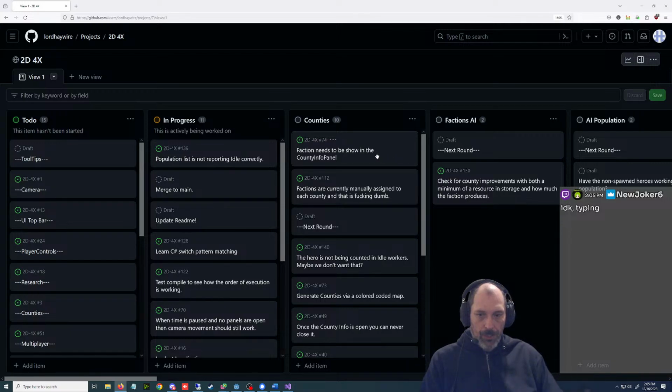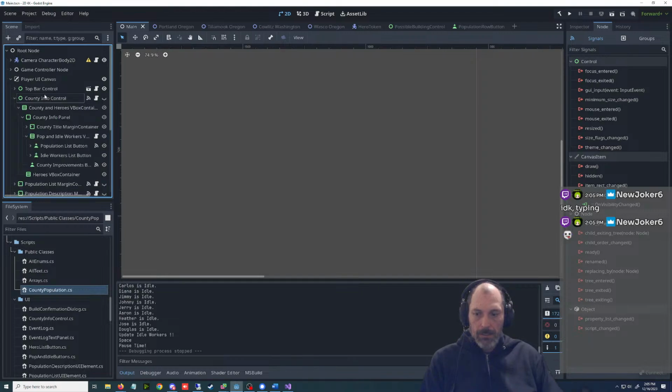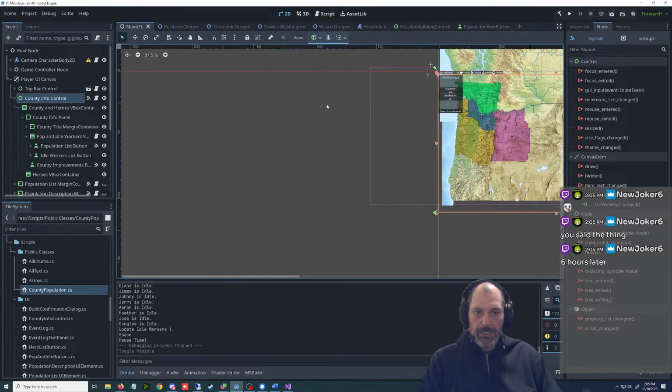Factions need to be shown in the county info panel. That should not be that hard. I think I'm clicking right now. Soon I will be typing. Where is this title?